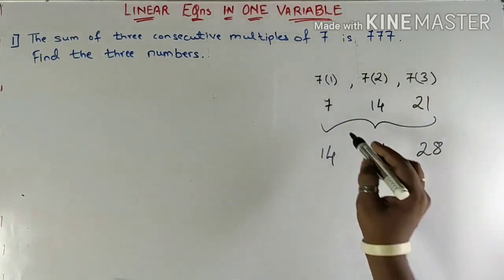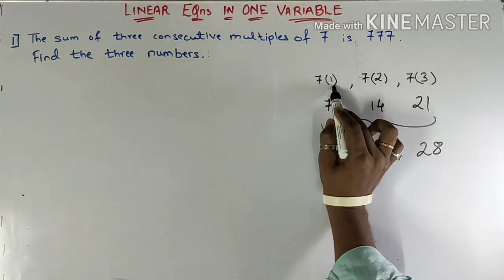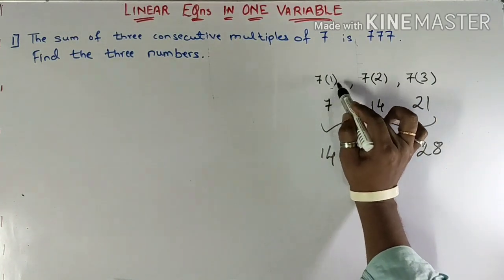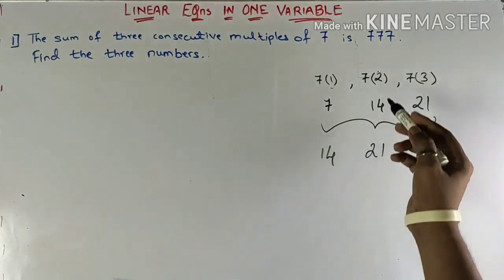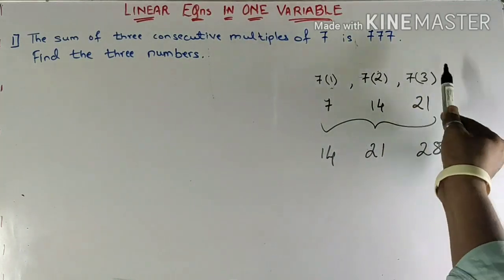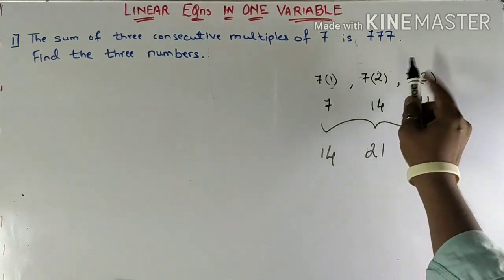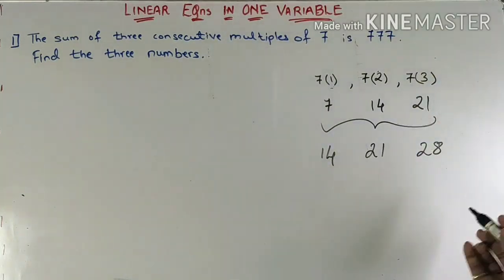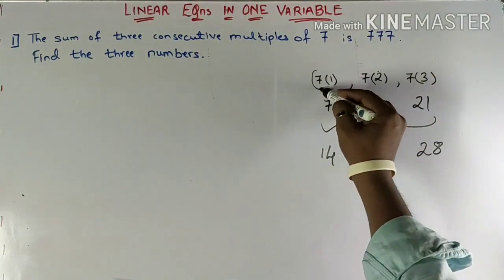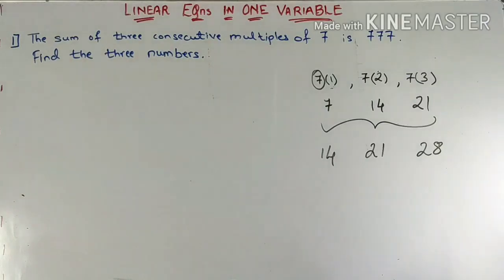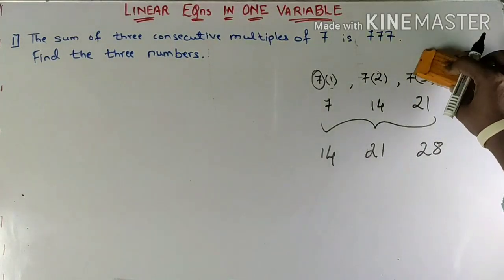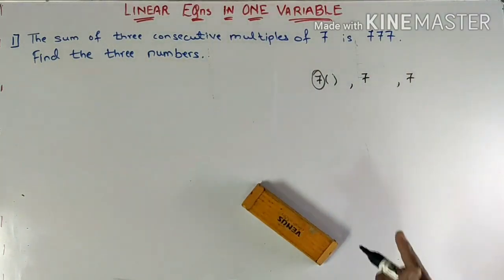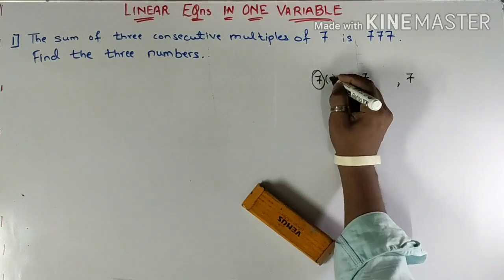So over here what we are going to find is the unknown multiples. When I multiply 7 into 1, I get the first number. The next consecutive multiple will be 7 into 2, since 1 plus 1 gives me 2. The next consecutive multiple of 7 will be 7 into 2 plus 1, that is 3, so 7 into 3. Like this, what we know is that it is a multiple of 7, so 7 will remain constant over here. So my consecutive multiples of 7 can be assumed as 7x.